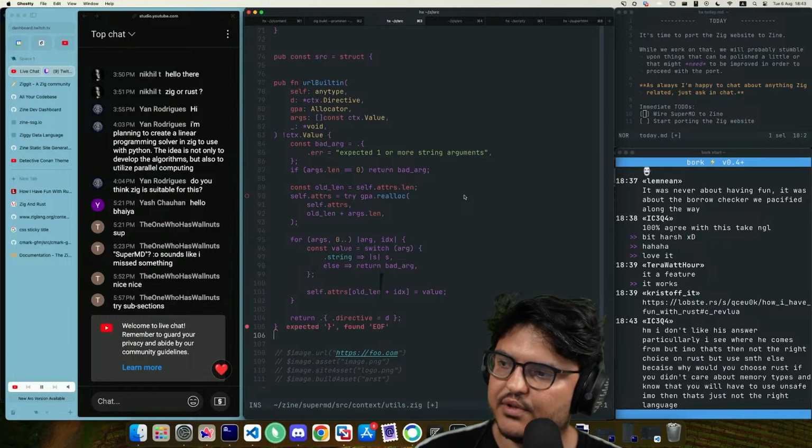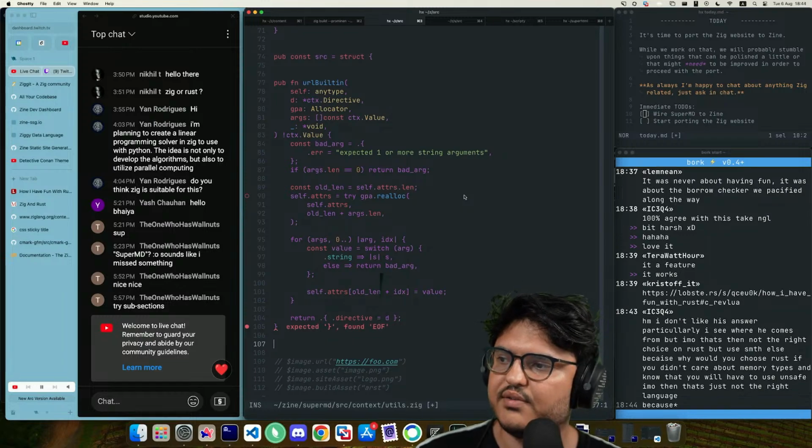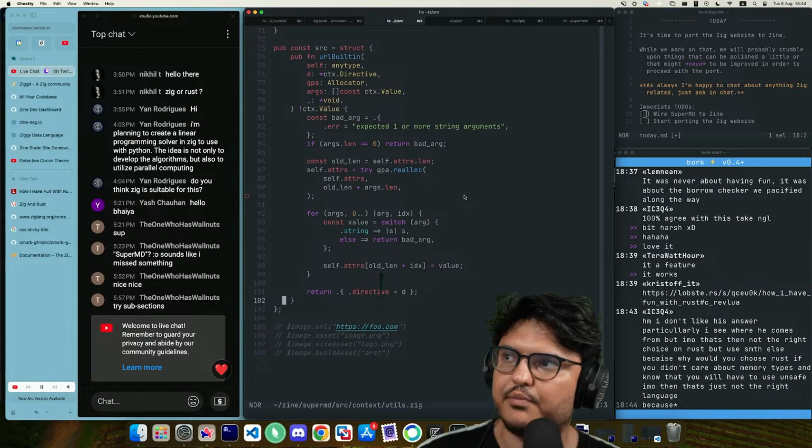Okay, let's go implement all these functions. There's going to be, I think, a lot of copy paste, but I don't want to go bonkers with metaprogramming. So some copy paste should be fine.